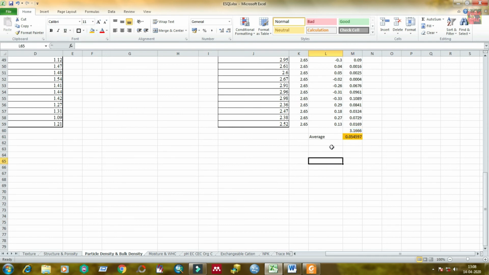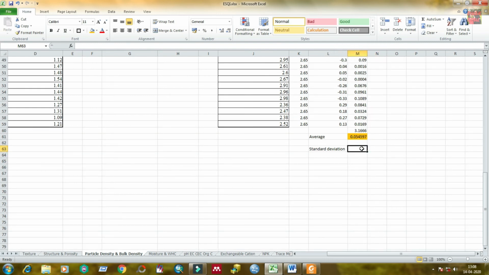And lastly, our last task is to calculate the standard deviation value. For this purpose, simply type is equal to, then type SQRT, that is square root, then select the average value of x square and press enter.